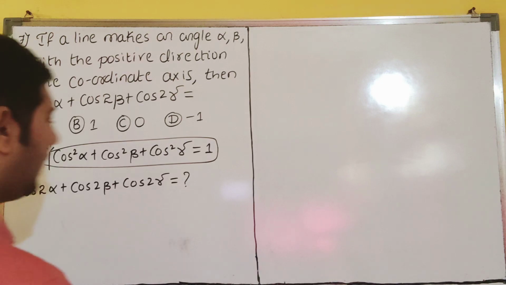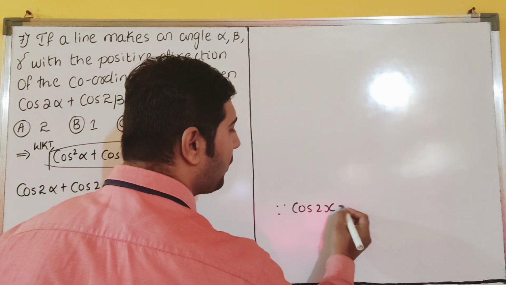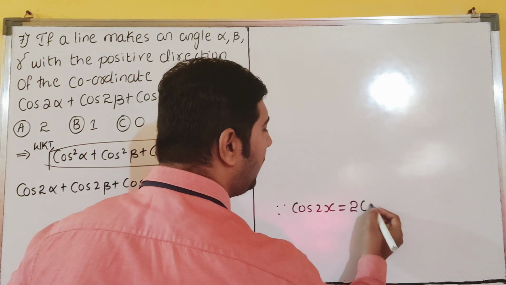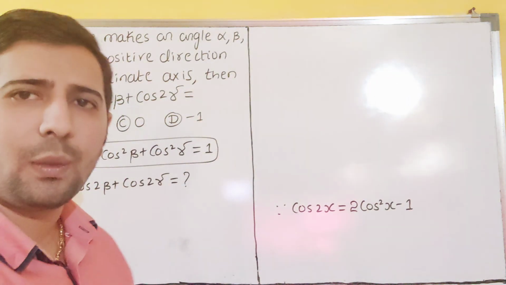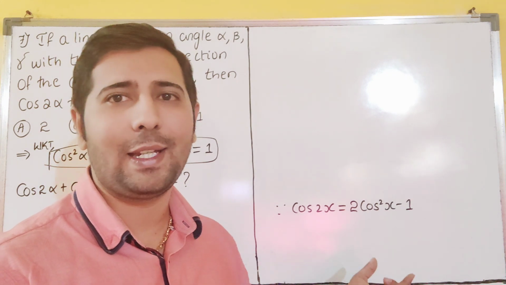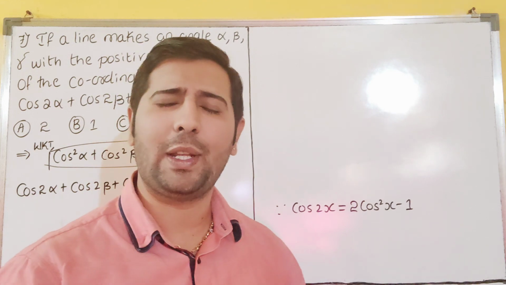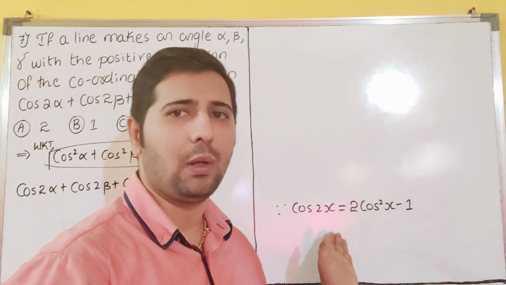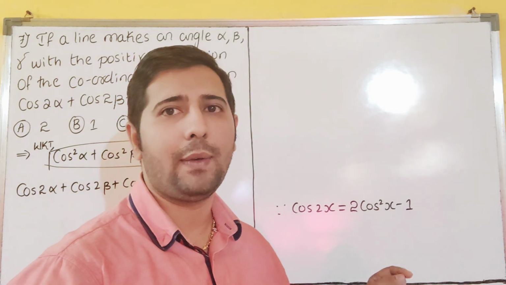But dear students, for cos 2x we have a formula. What formula do we have for cos 2x? We have 2 cos square x minus 1. Can you remember we did this in ITF? Even in trigonometry, we used this in ITF. It is proved in first year. Everyone knows this. If you don't know, no problem, you can copy this. Cos 2x is 2 cos square x minus 1. We have this formula.